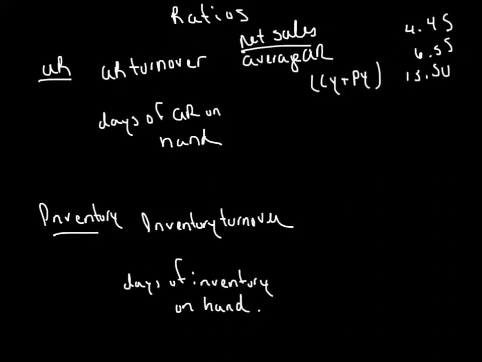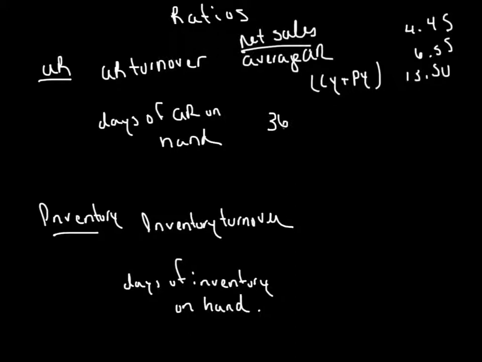4.45 times the AR is coming in and being collected. 6.55 times for design software, 13.5 times for a consumer foods company. So you want these to be quick. You want your AR to turn over very quickly. It means you're collecting your cash faster. So companies will analyze these numbers to see how quickly their AR is turning, and they want these to be higher. Now, when you look at days of AR on hand, this again could be called the average collection period,